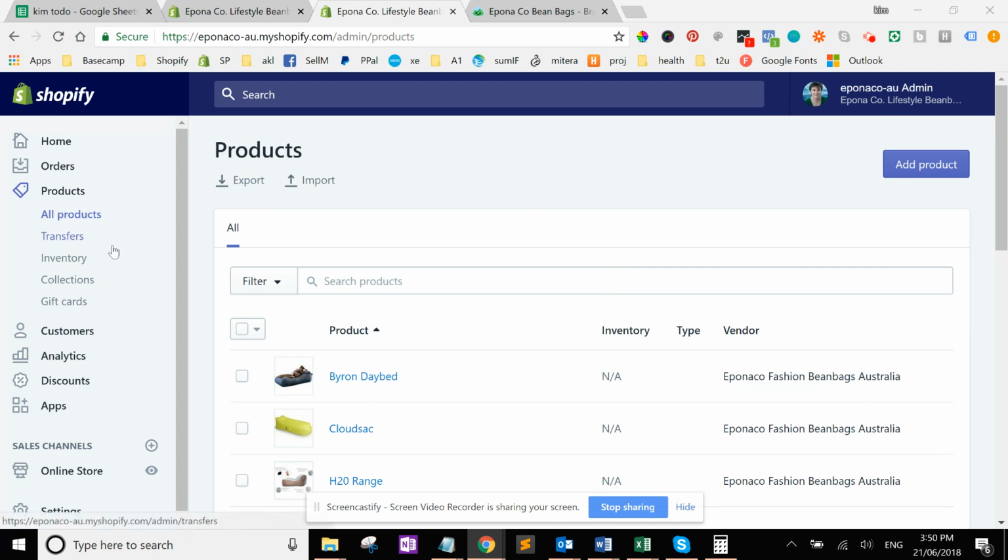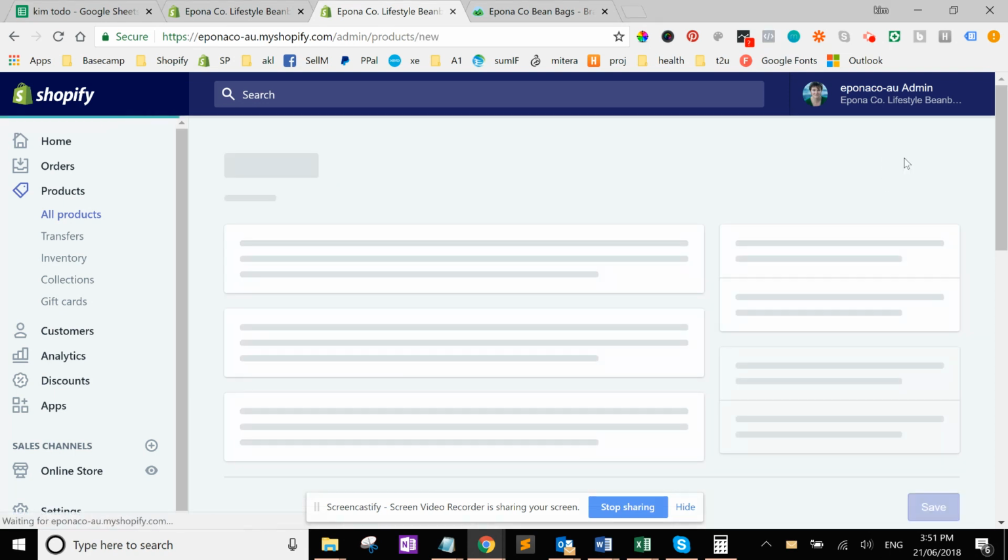So first of all, we're in products, and this has taken us to all products, and we can simply say add product. Now another option you've got if you've already got products there is you can duplicate them, and that's a great way to start if perhaps you're coming into an established business, somebody else has already set the other products up correctly, and you just duplicate and then edit as necessary. And you can do that by clicking into the product and clicking into duplicate. But in this case, we'll say add product,